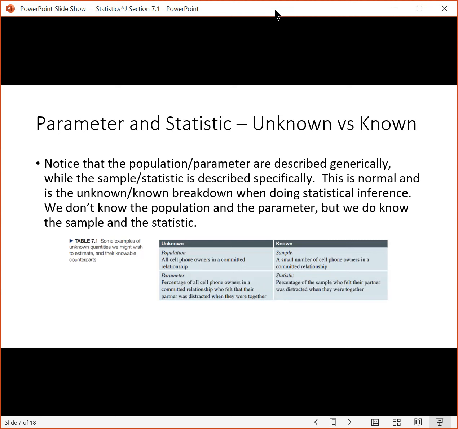That's what we're trying to estimate. Our goal is to come up with some value for that. So we don't know everyone who's in the population. We don't know this specific thing that we're interested in finding out about them. To come up with some estimates for those, what we do is, and that's the known stuff,